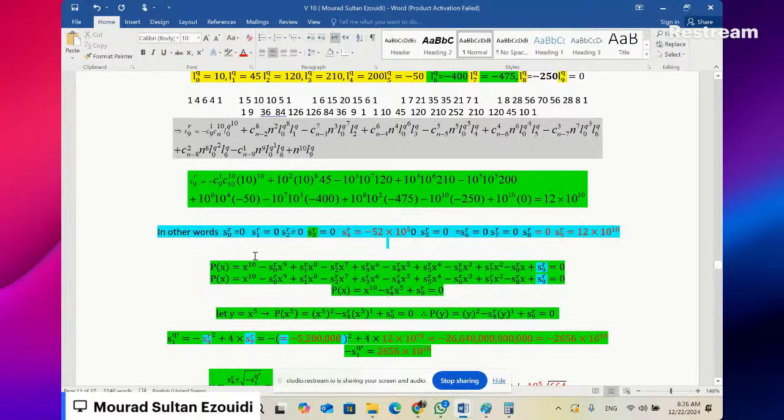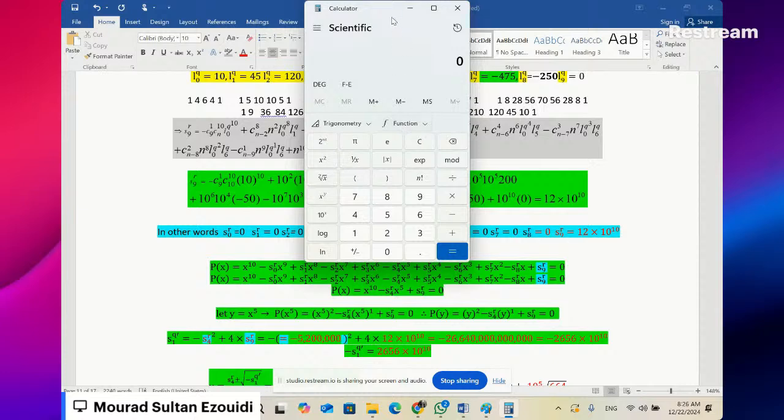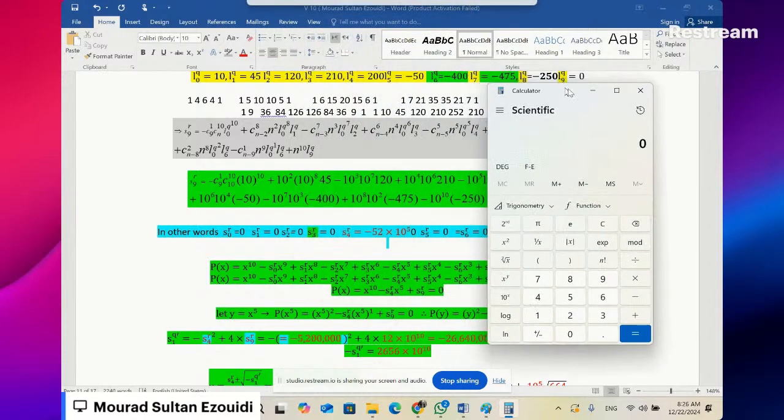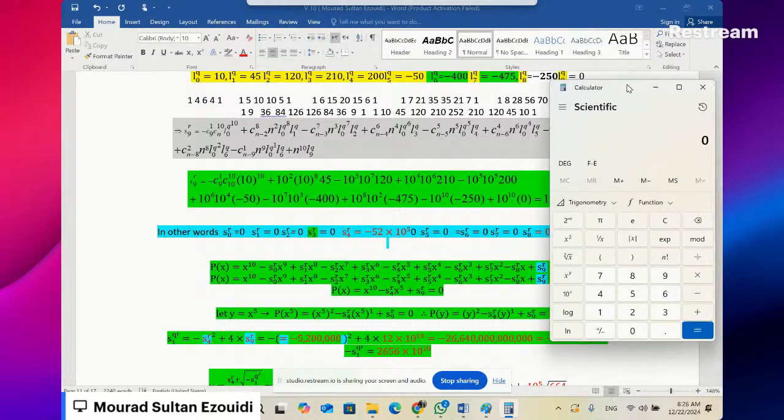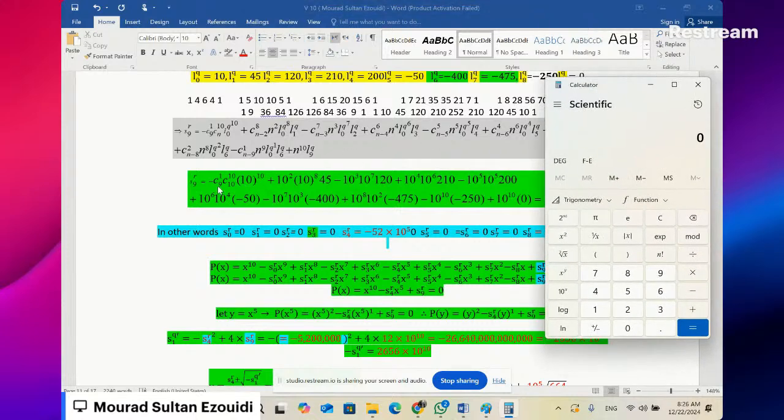Don't try to write anything. So I will use my calculator. I will go back. I will go down. So this is basically like that. You can calculate it. It will be negative 9. You see 10 raised to the power 10 is a common factor in all the terms. All the terms. So no need to write it now. Simplify the calculation. So for you, plus 45, plus 45